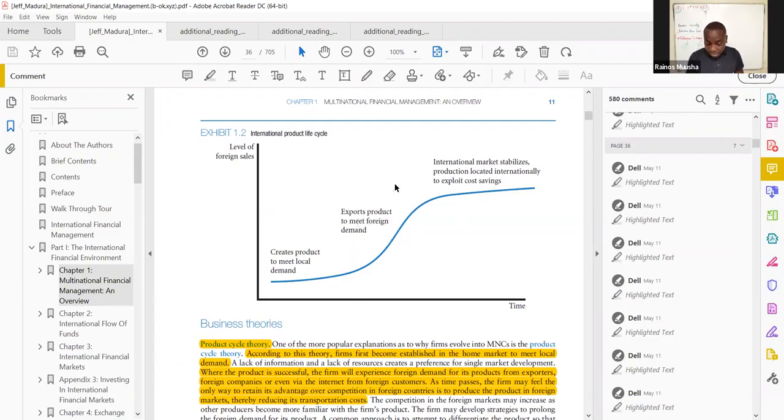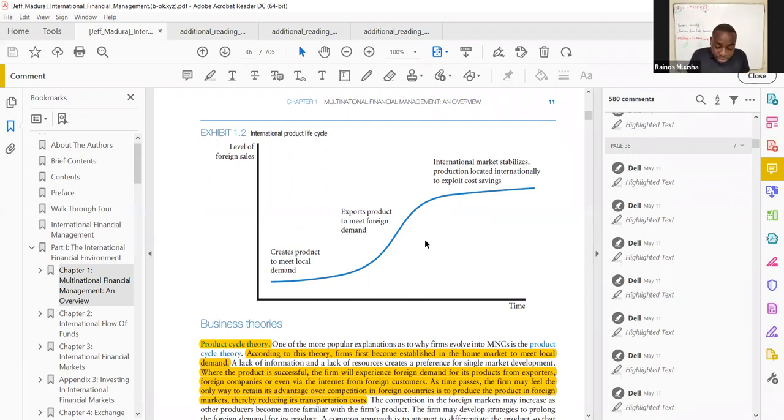Then, as the demand has grown enough, they realize there's enough demand for our goods in a particular country. So instead of us having to incur transportation costs all the time to transport those goods into the foreign market, or to a particular country,